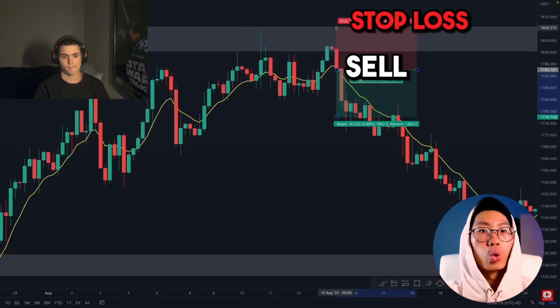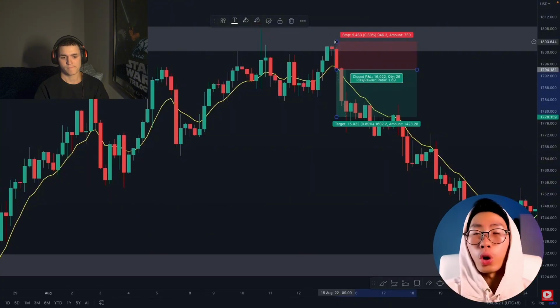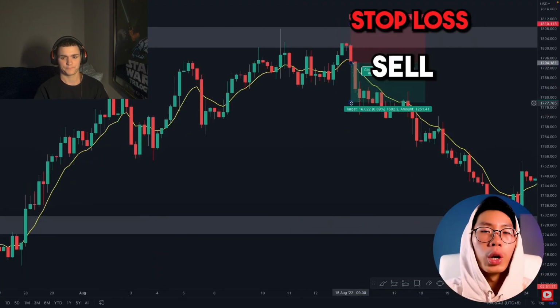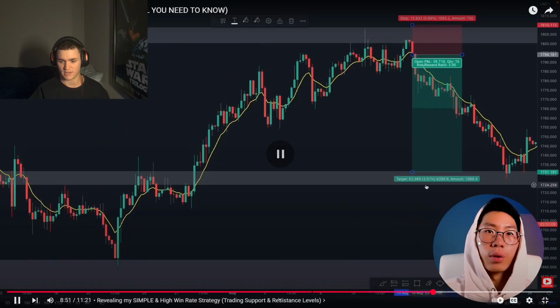And guys, remember, you do not want to place your stop loss super duper tight like this, because there is always a chance that price is going to go back up to this area and retest it before heading back down. So you want to give your stop loss a little bit of breathing room. And if you guys know me, you will know that I place my take profit at the next key level. So the next key level is all the way down here. The reason I marked up this as a key level is because, if I'm going to speed this up a bit,